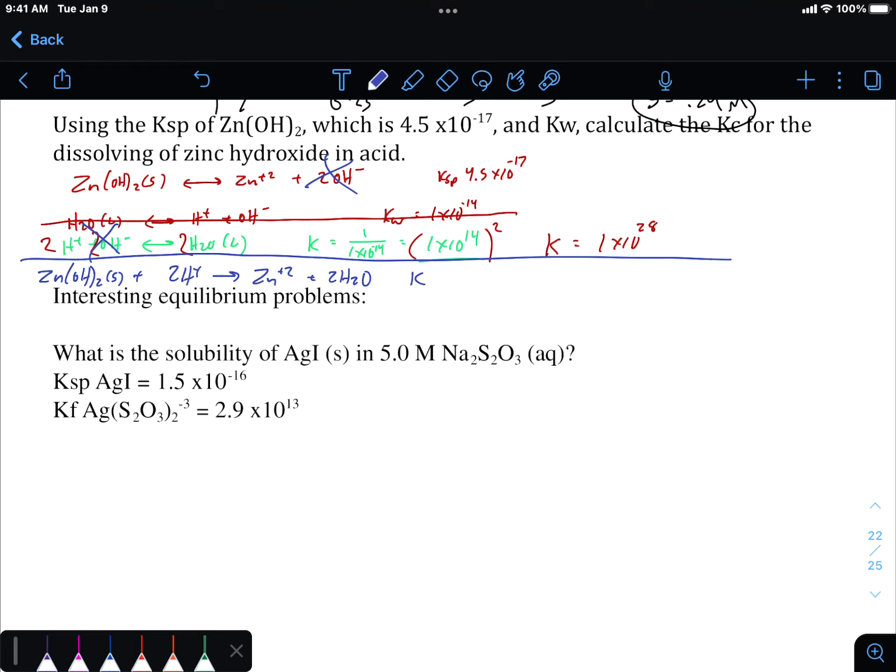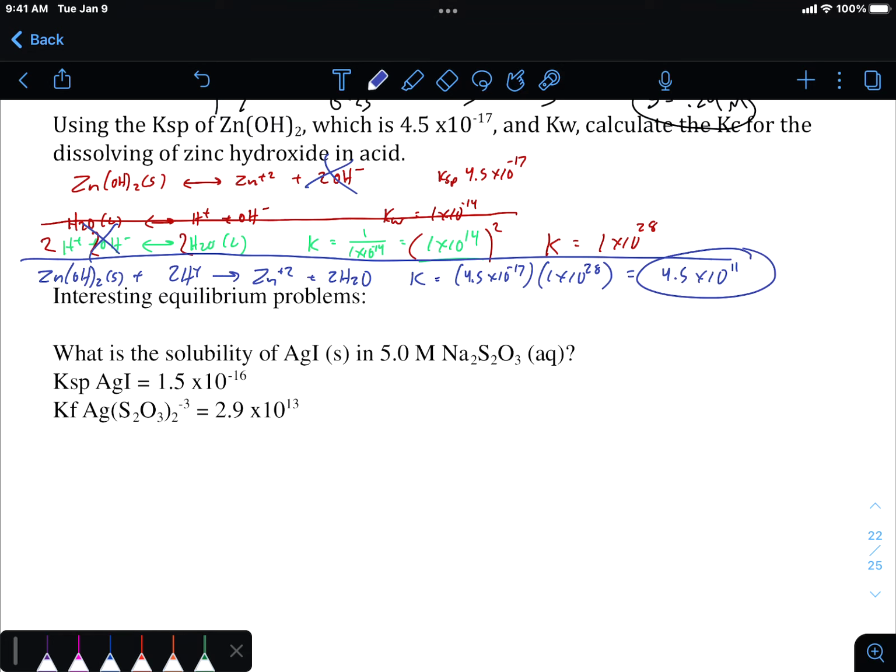And the K for this reaction, because I now have individual equilibrium constants for the equations used, to find the overall K, I have to take the product of them. So I'm going to be multiplying for the original one, 4.5 times 10 to the negative 17, by 1 times 10 to the 28th, which is going to be 4.5 times 10 to the 11th,